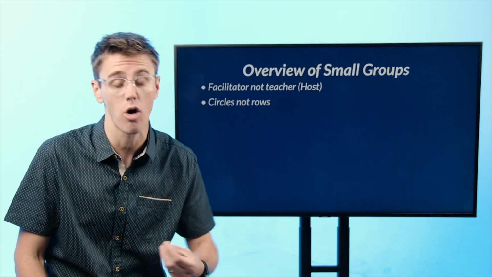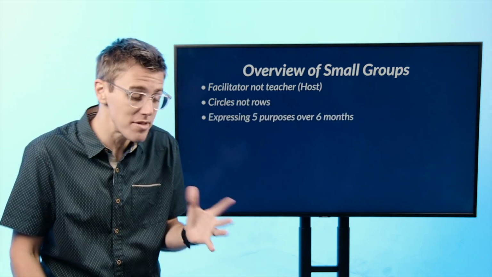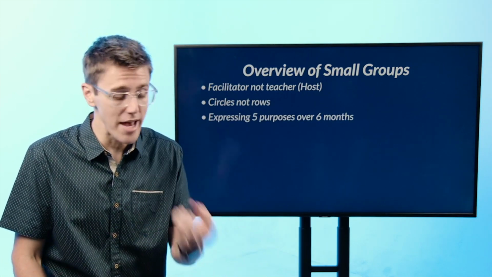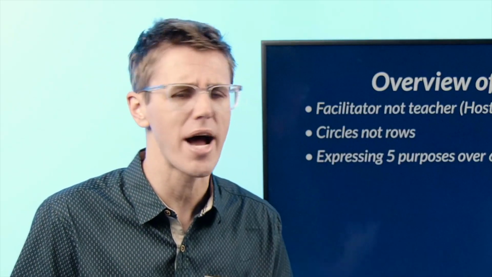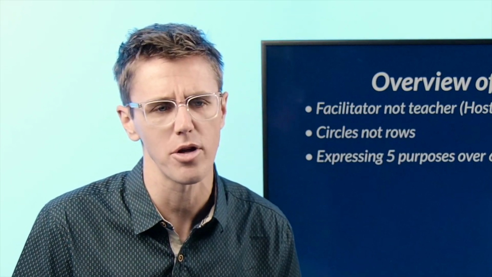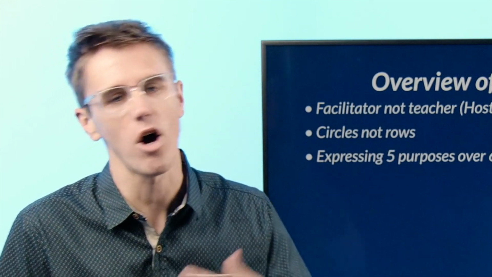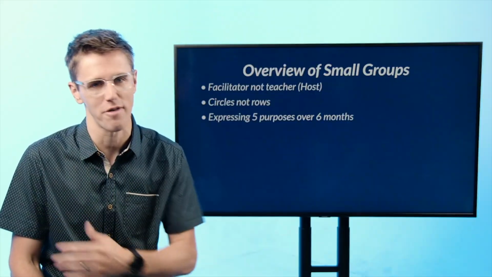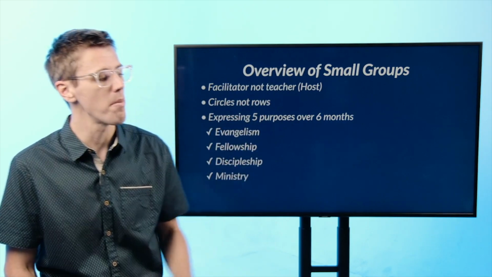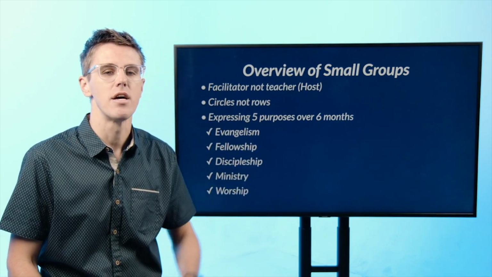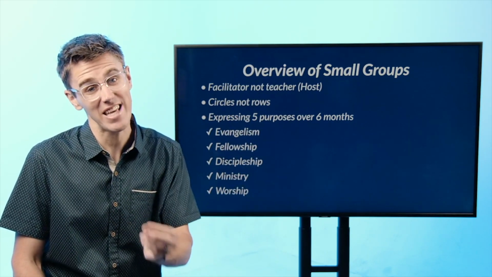When they get together on a Skype call or on a Zoom call, we want everybody to talk equally. It's not about finding one expert. This is also really key. All of our online small groups and physical small groups are about expressing all 5 of the biblical purposes. And we unpack this. If you've been part of Saddleback in any way, this is super familiar. We get these purposes from the Great Commission and the Great Commandment, Matthew 22, Matthew 28, also brought up again in the early church, and Paul reaffirms them. But these are the purposes of evangelism, fellowship, discipleship, ministry, and worship. And the idea is that over a period of 6 months, we want each of these purposes to be expressed. And that's even true with our online groups.